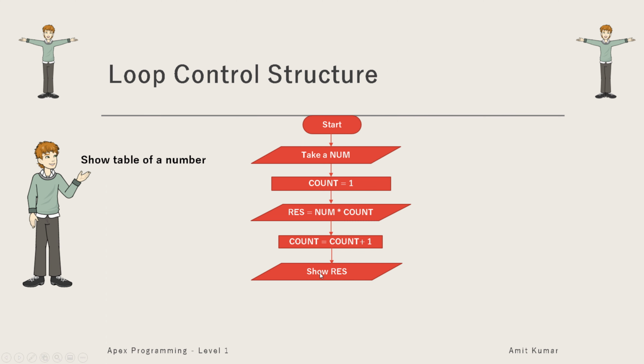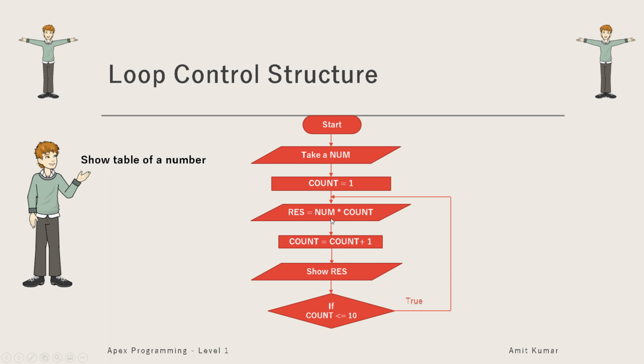We will show the result here because in the table we have to show it all the time. If you remember the previous flowchart, there we need to show the total sum and hence we displayed it after the loop. But here we need to print the table and we need to print at least 10 times. So that's why we are printing it inside the loop. So after showing the result, we will check the value of count. As we are going to multiply the number up to 10 only, the condition is count is less than equals to 10. As the condition is true, it will move back and it will multiply the current value of count